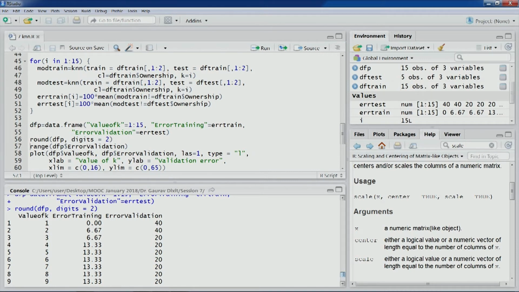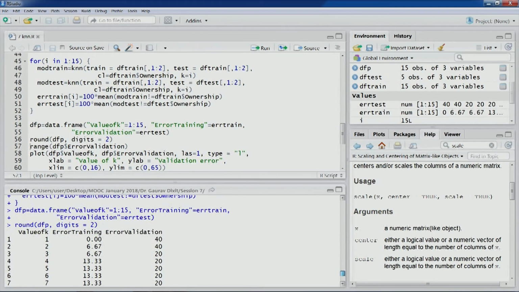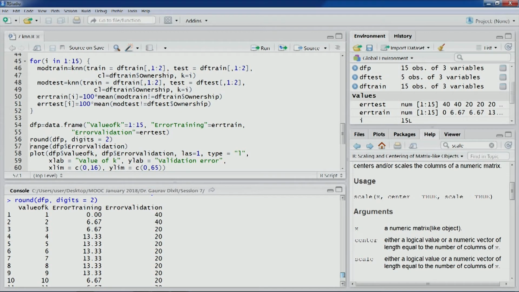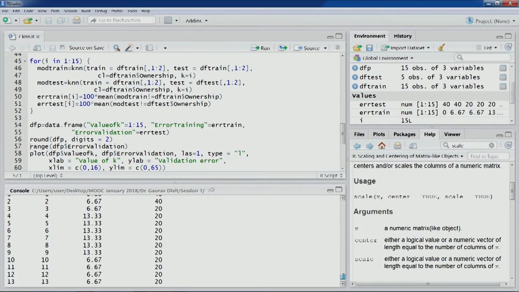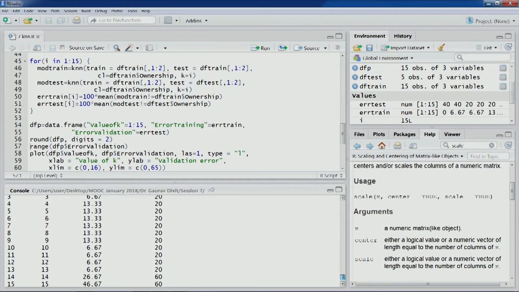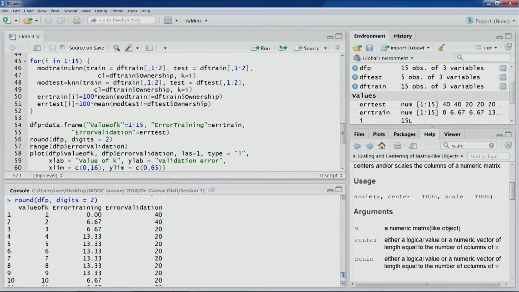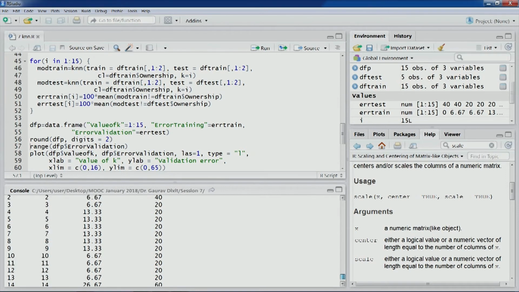The validation error would typically be more than the error in the training partition, because we have built the model on the training partition, in this case KNN. Essentially we are using the same observations to identify k neighbors, and using those k neighbors we are trying to classify the observations of the same training partition. You would see the training error starts from 0, then keeps on increasing, with a few dips, and then further increases. Typically the validation error starts on the higher side, then decreases, and then increases further.